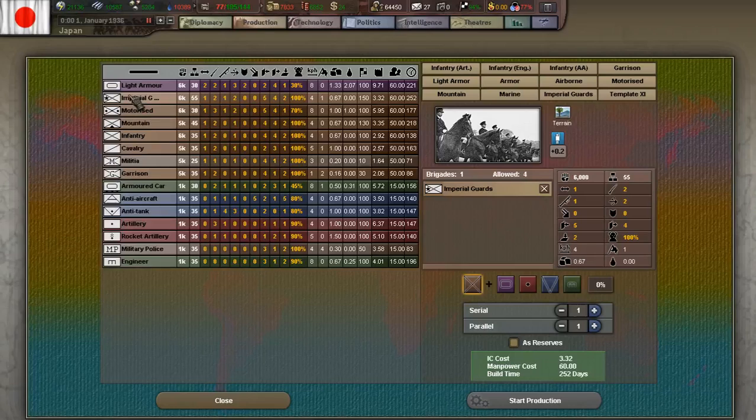Cool. Imperial Guards look like a slightly better infantry, it seems. They're about the same speed, slightly more to produce, slightly more manpower, or no, same amount of manpower, a lot longer to make them though, but I'm seeing more hard attack, more piercing attack. Cool. So what if we were to do